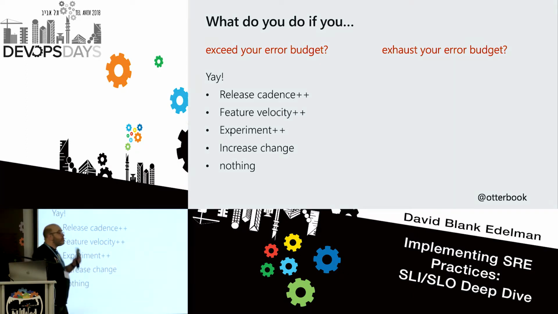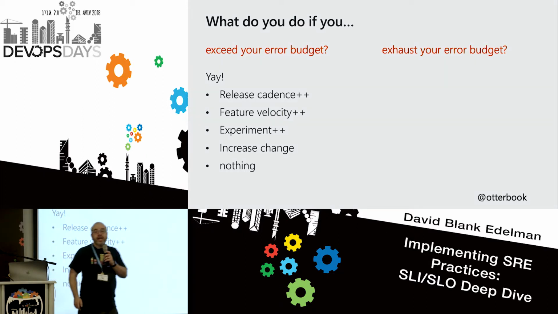Or here's the thing you could also do: nothing. You could simply do nothing. You could celebrate and do nothing different. It's a possibility. I just want you to understand that nothing compels you to go do anything. Or, as someone suggests, you could also go change your SLO and make it more strict if you wanted to. I don't think that's necessarily the case, but it might be the right thing to do.